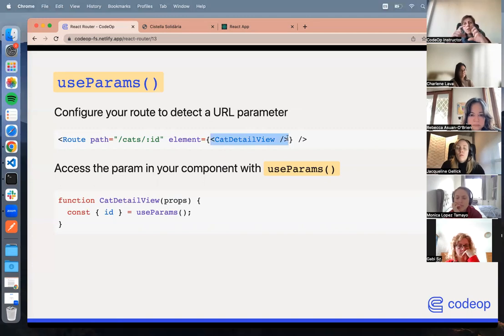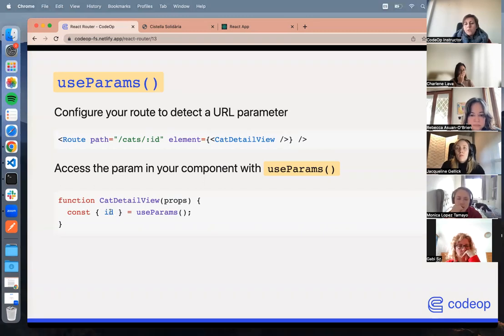It can be a whole page or a part of the page. But when someone requests this URL, then you load this component. And we write it the same way as we were writing it on the backend, with the colon and the ID. And then when we want to use this ID inside, for example, the cat detail view, we extract this